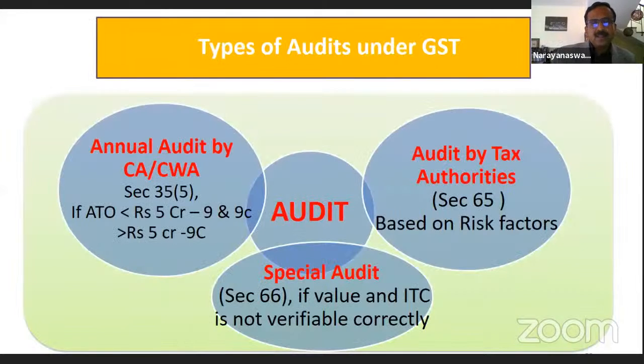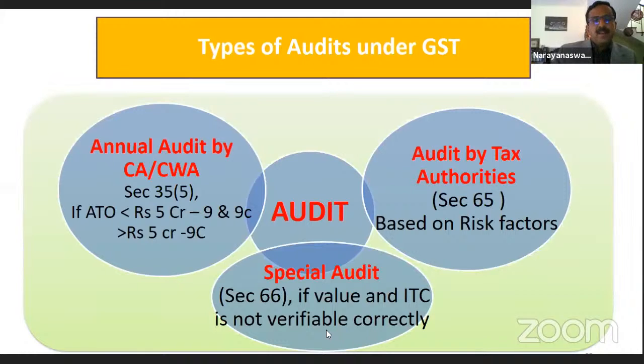In GST, there are three types of audits. One is a legal mandate that the taxpayer has to get his audit report done by a professional. But there is some relaxation up to 5 crore rupees. They can file the GSTR 9 by self-certification of the records. But if your turnover is more than 5 crore, you have to file the GSTR 9 with your own certified financial records. Plus, you also have to get a certificate from the chartered accountant or the cost accountant under GSTR 9C, and